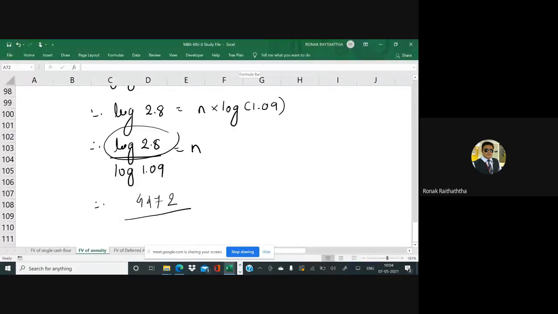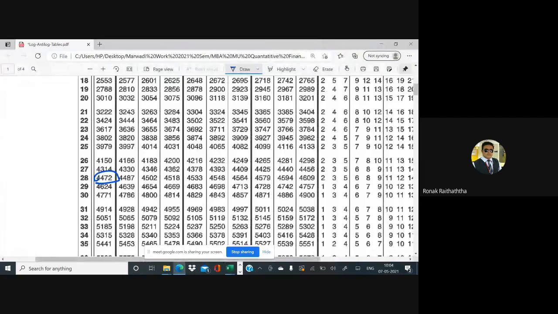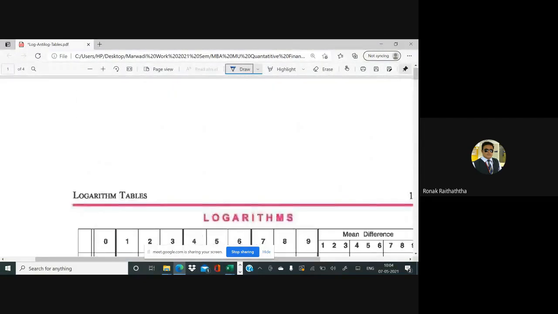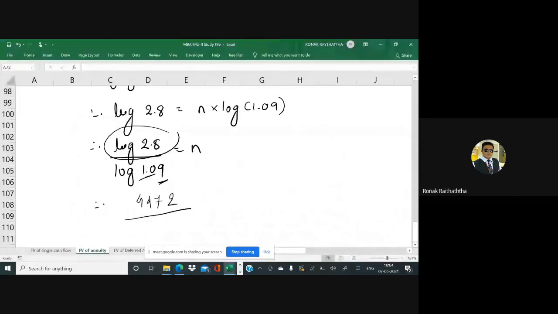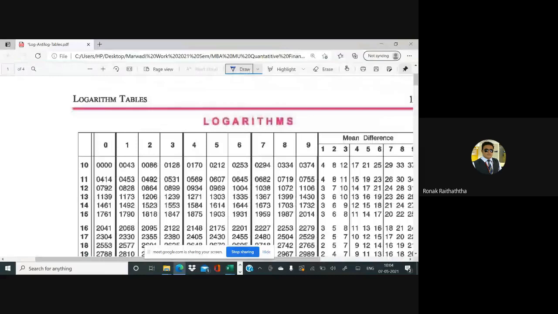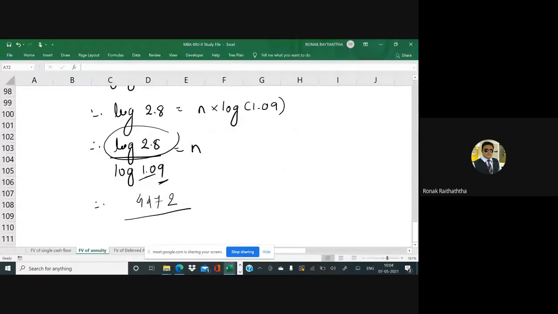Similarly, we'll be finding the log of 1.09 in the table, and that would be the denominator. Where to put the decimal, we'll see later on. Okay, let's move ahead. Go over there, 10 and 9. So in row 10, column 9 comes over here, that is 0374, right? So 0374